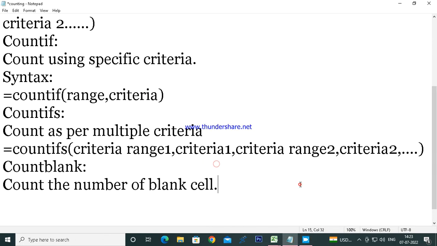Count blank: count the number of blank cells. Okay, how to calculate count blank? Equals count blank within bracket cell range. It will provide us the number of blank cells. Okay,